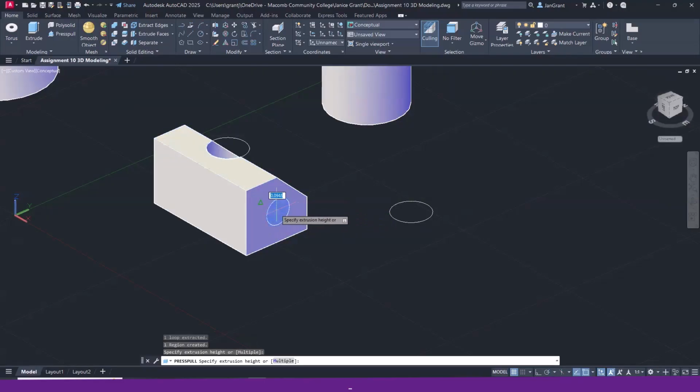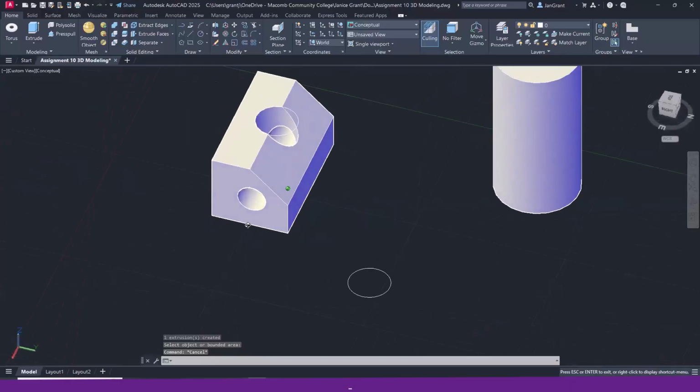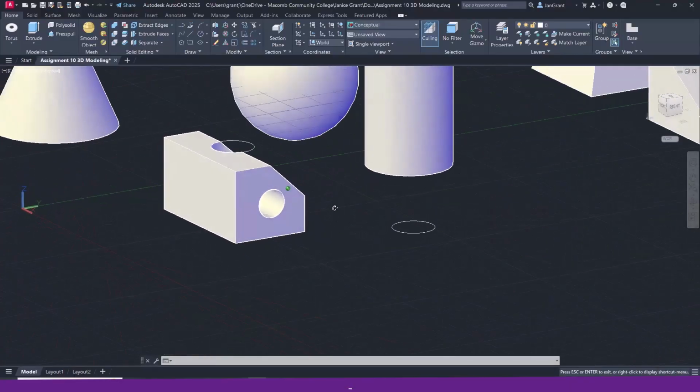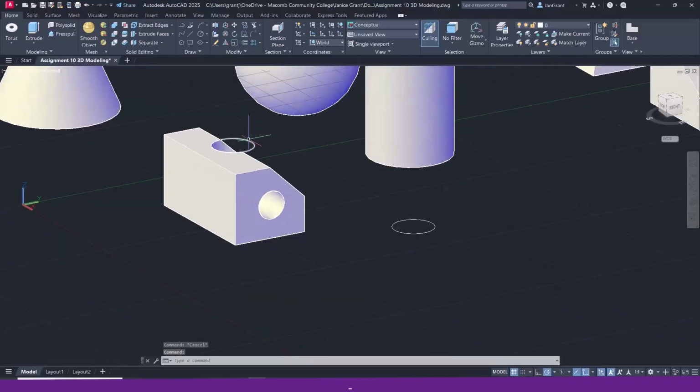Go inside the circle and click, pull your mouse back and click, and now you're reshaping your project. I'm going to press the Escape key to get rid of that Press Pull and take a look. See that? It's kind of cool. Now, one thing I'd like you to notice is that the 2D